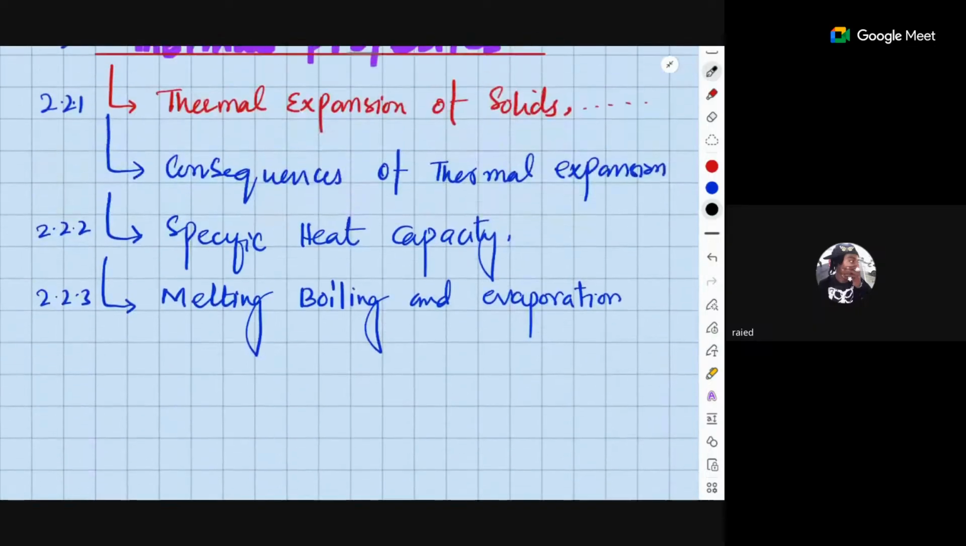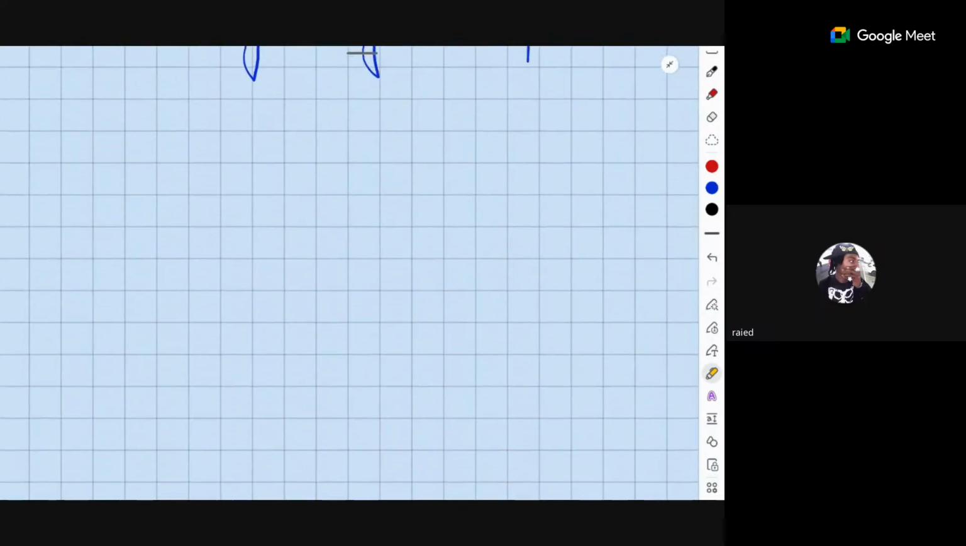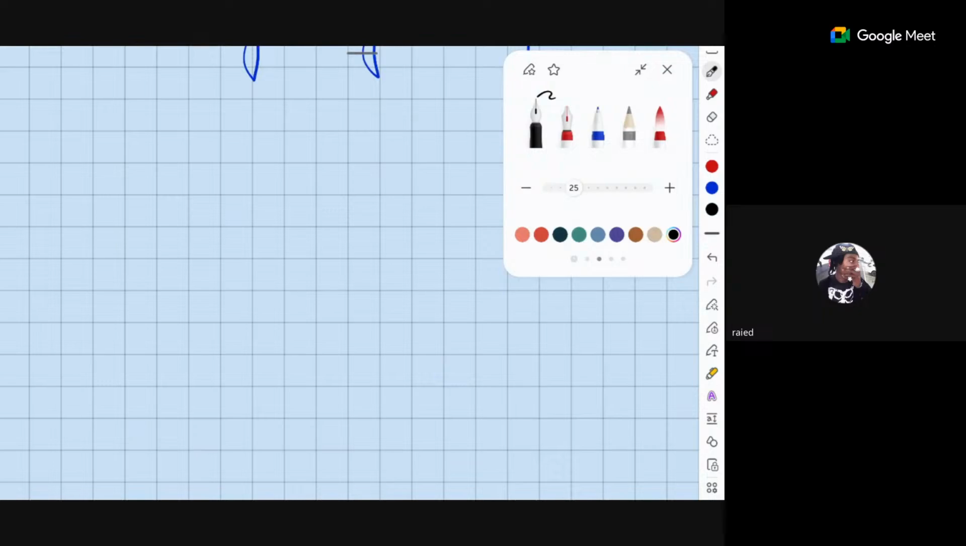Okay, the topic, yes, we were talking about the thermal properties of matter, and thermal properties of matter is basically divided into three further parts. One of them is the thermal expansion of the solid, the second one is consequences of the expansion. Basically, this is entirely the same one. Then we will have the specific heat capacity topic, and then we will be talking about melting, boiling, and evaporation. Okay, so when we talk about this topic number one, that is actually the